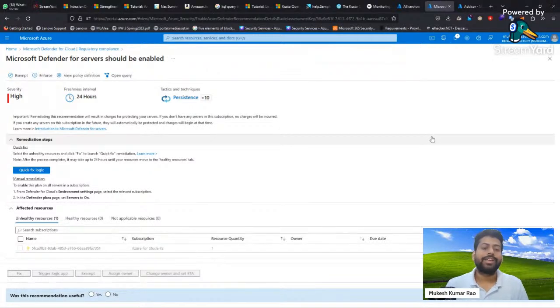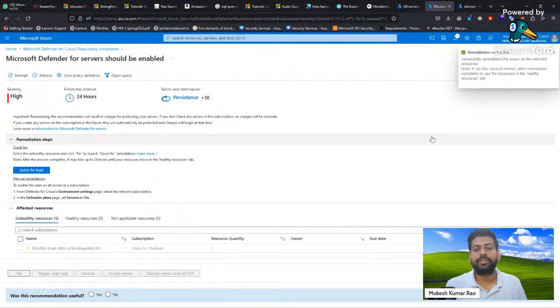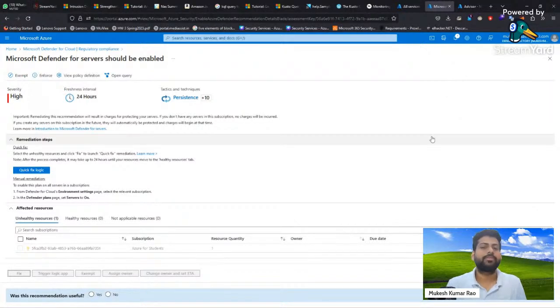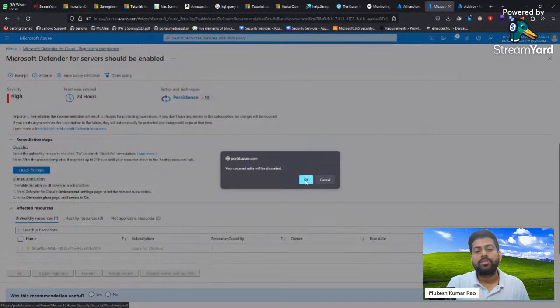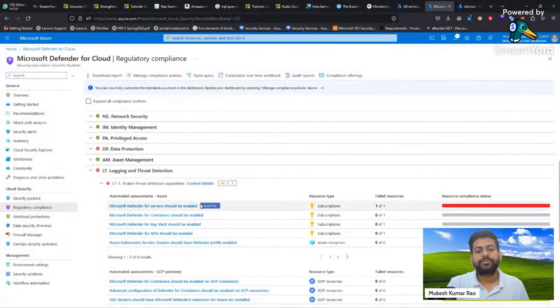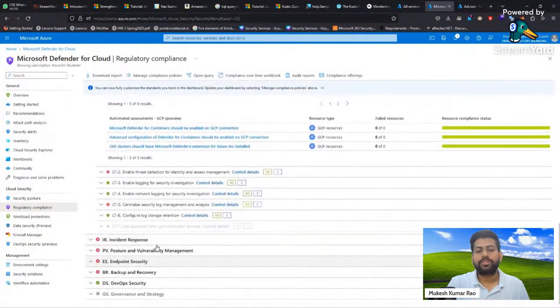Okay, but when enabling any new feature, remember from a financial perspective to check whether any kind of money is involved, or else discuss with the team. That's how we follow in the industry. Then let's go back. So this is the full list given. Some of the things we need to enable, some we don't.